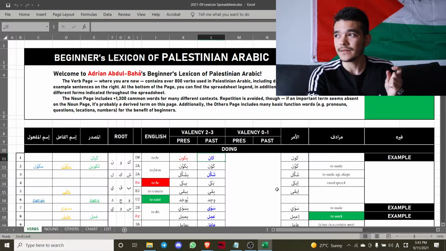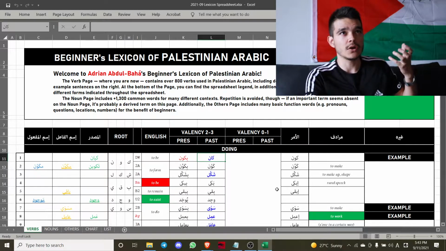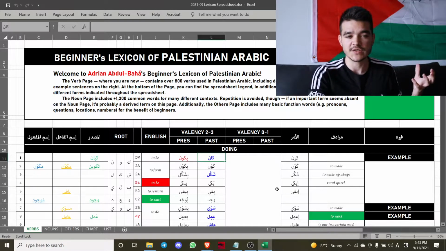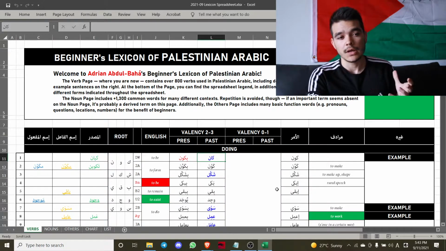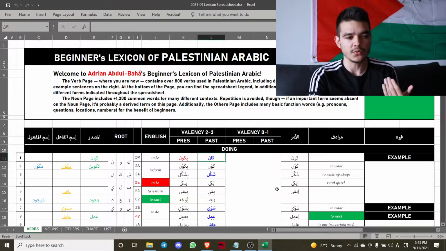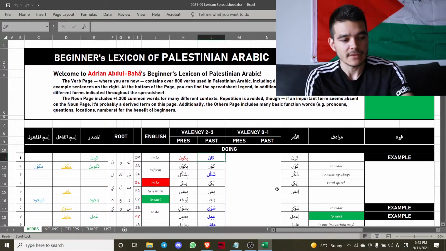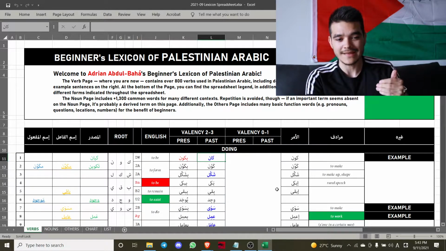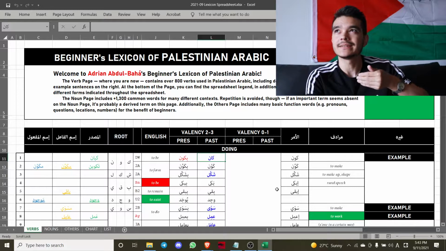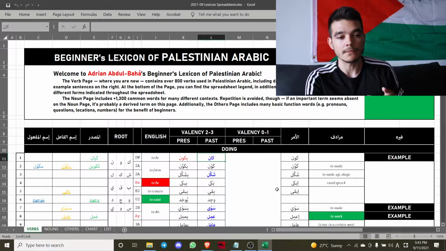On one hand, it's kind of like a tutorial for how to use the spreadsheet, but it's also a tutorial for Wiktionary and a lot of things, and also an update of what I've been doing. And I'm of course open to suggestions as well. I want to start right here because this is the front page of the spreadsheet, and I want to share with you how you can use this as a stepping stone to develop your vocabulary